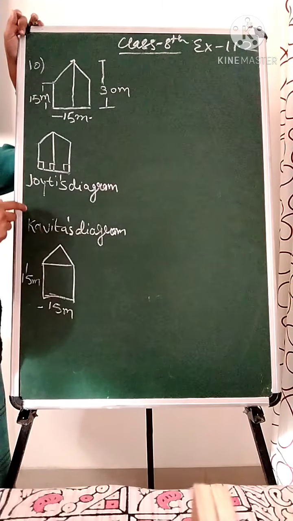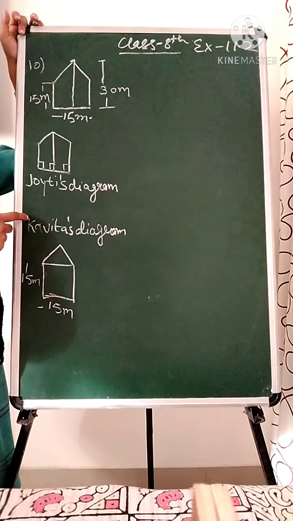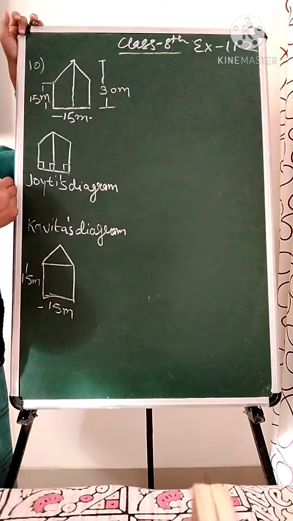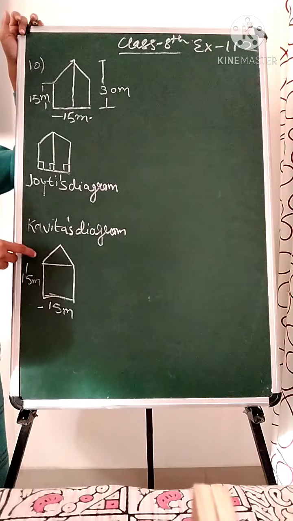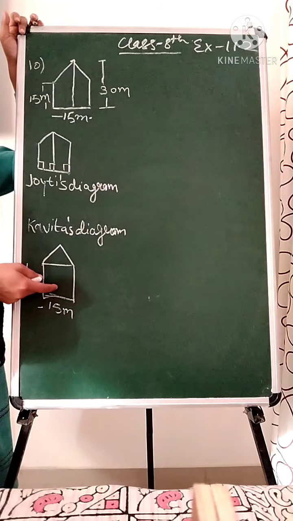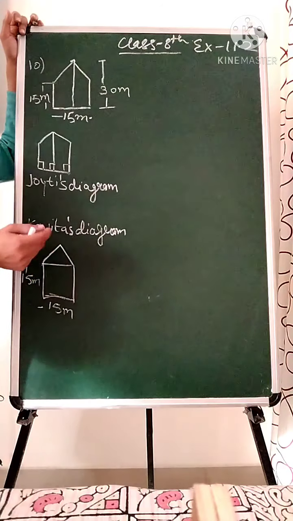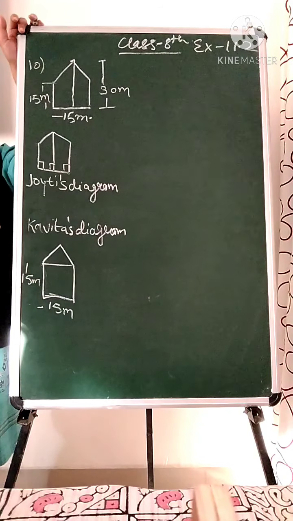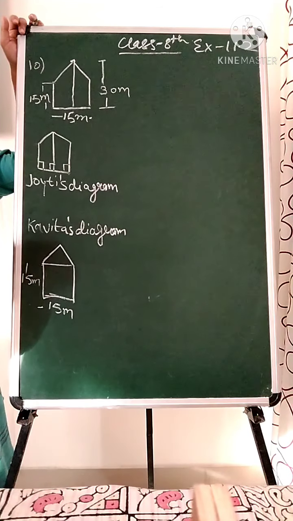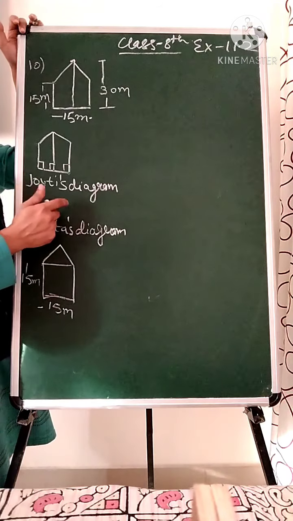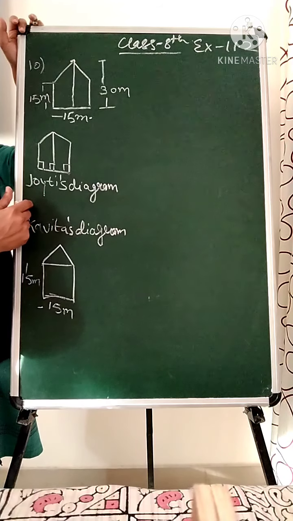Now here are two girls, both solving this question in two different ways. Clear? Jyoti has divided the pentagon into two trapezium, right angle trapezium, but Kavita has divided the pentagon into one triangle and one square. Now see, in this question they are saying find the area by both the methods adopted by Kavita and Jyoti, and after that you have to tell is it same or not. Clear? So first we will discuss Jyoti's figure.